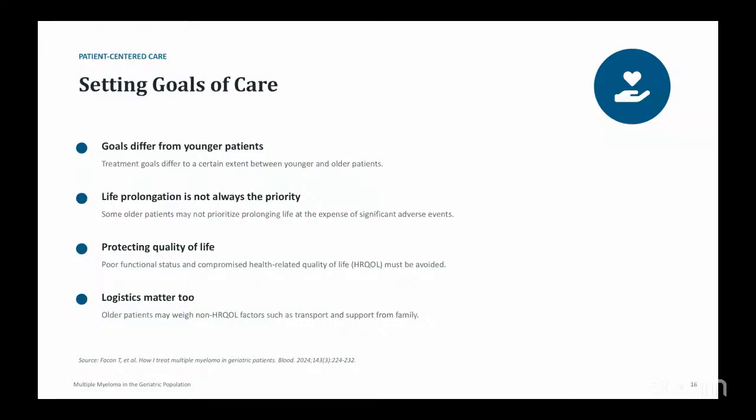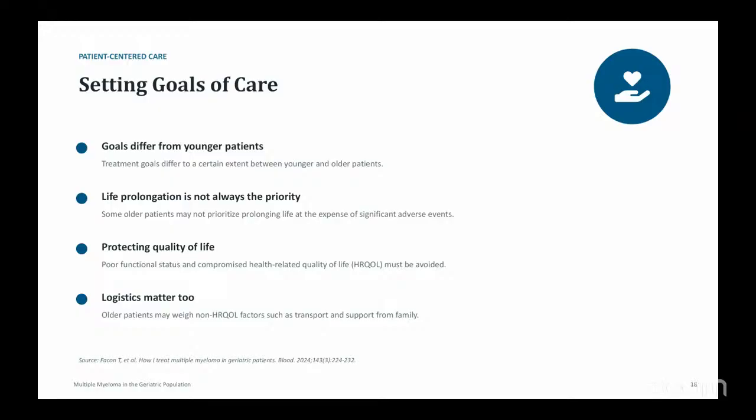Okay, now let's assume that we examined the patient, we diagnosed the patient, we did the tests, we managed the acute emergencies if the patient had any acute emergencies at presentation. And then after that, we sat down with a multidisciplinary team to set the treatment plan of the patient.